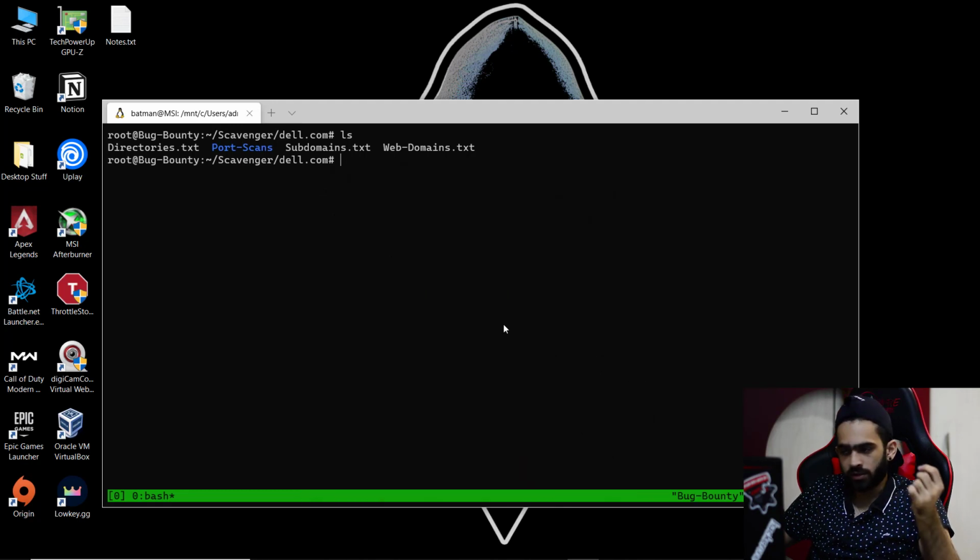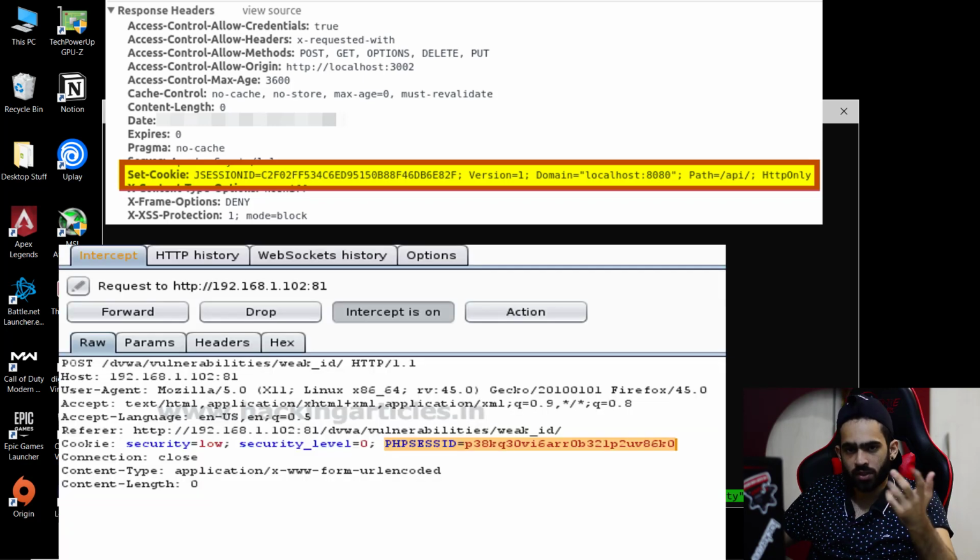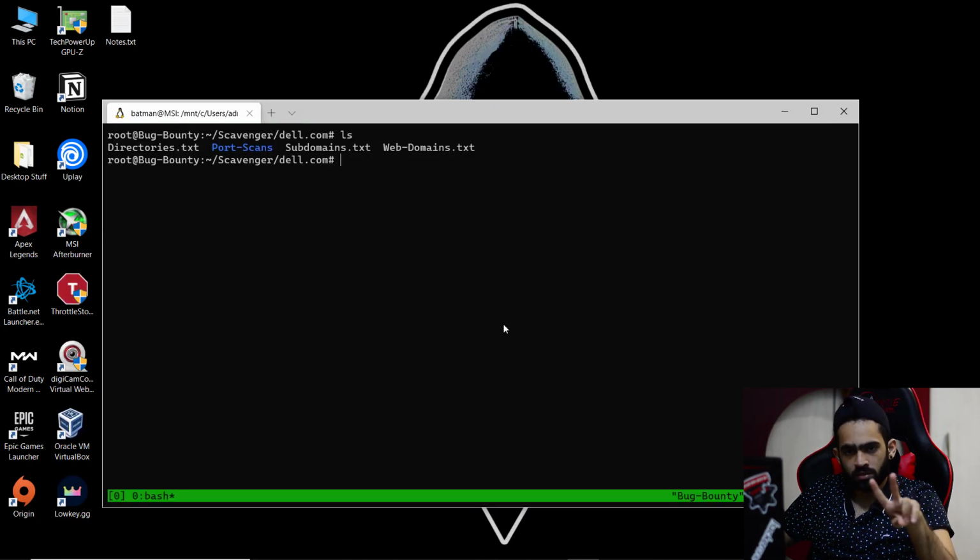If the server is using JSP or is based on Java or .NET, there might be a cookie called JSESSIONID. And if the server is using PHP, there might be a cookie named PHPSESSID, something like that. So these are the two basic places by which we can determine what the server is using.